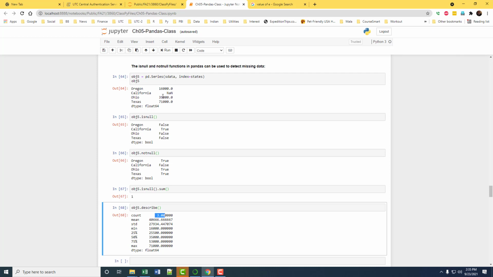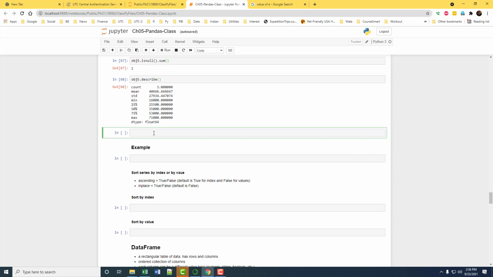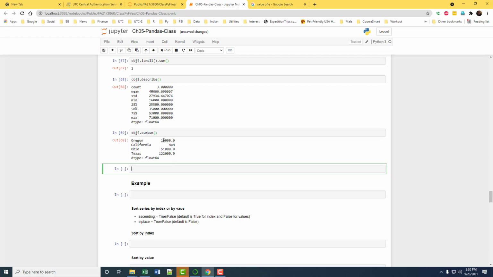The null values are filtered out by NumPy. Sometimes this may be useful: this is cumulative sum. It will give you a running sum of the column.